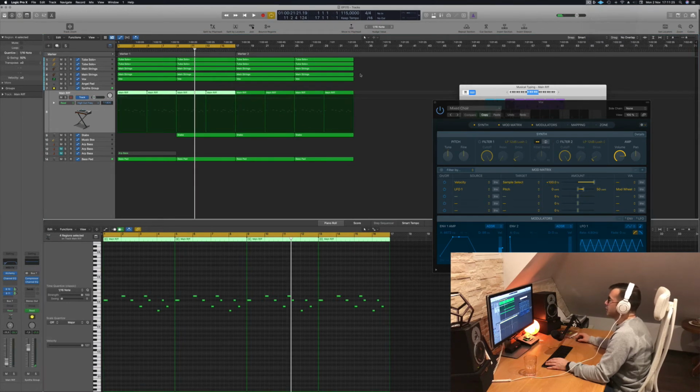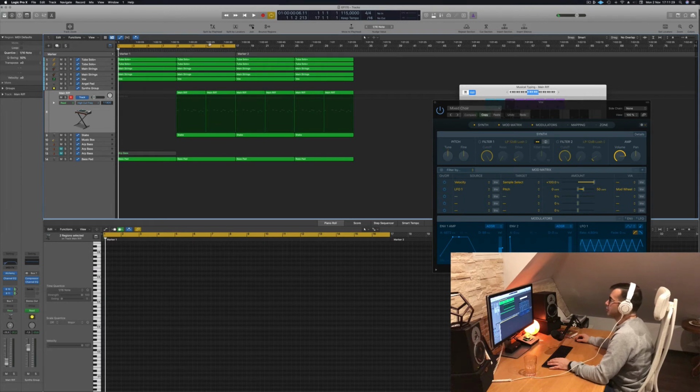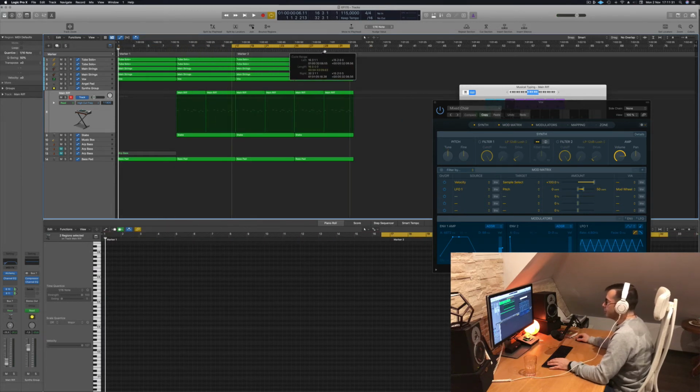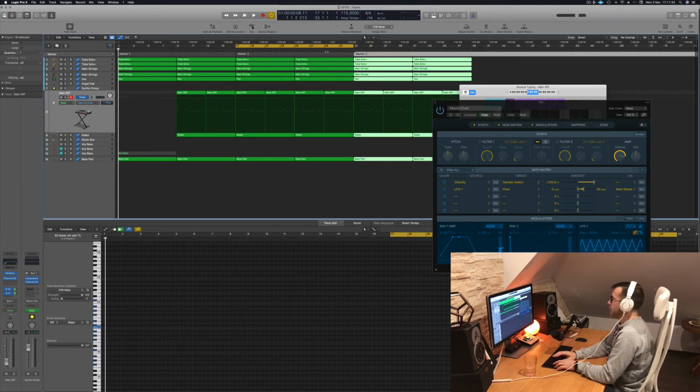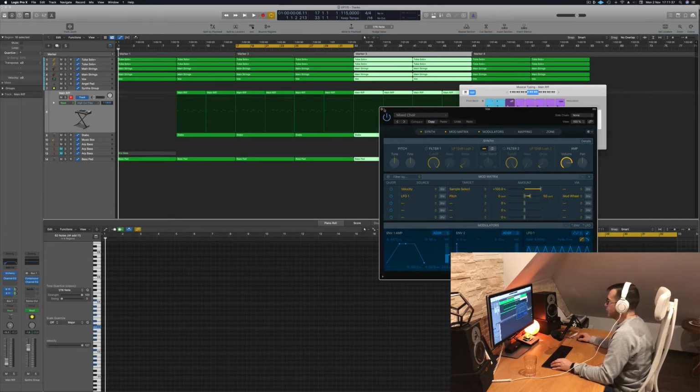Let's look where we're at, guys. I like this main riff, but we're not going to start the track with that, so we can move on with this. I'm going to replicate this here. So like I said at the start, guys, it's good to use chords and to use a template because